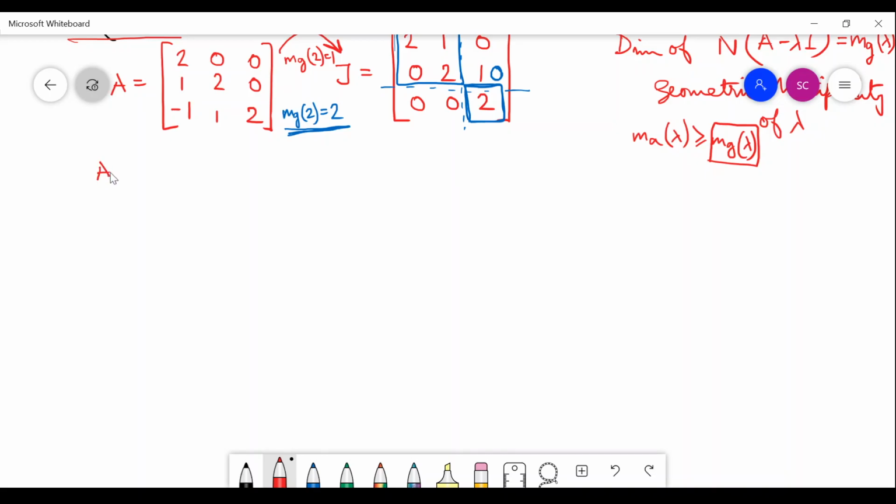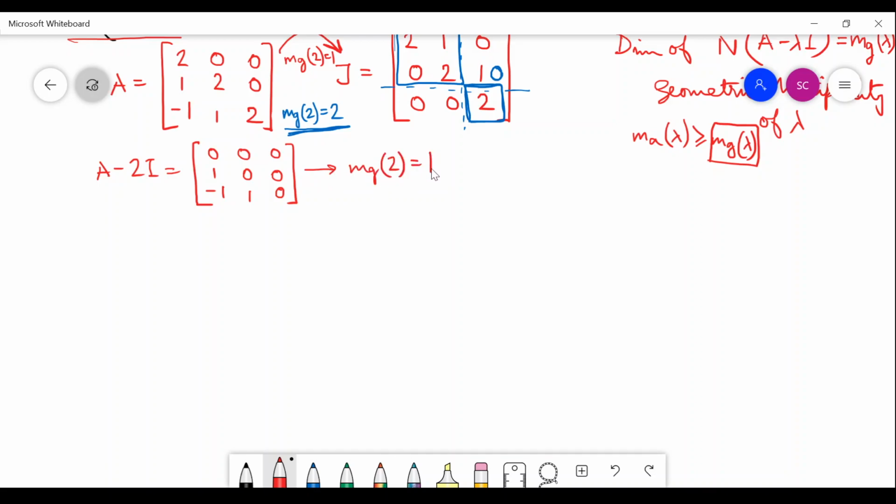So A minus 2I, first you have to construct, and that is very easy to do. This is simply this one, 0 0 1 0 0 0. Already you have a 0 column, and looking at the other columns you can understand that there is no possibility that you can actually get another 0 column. So it is very obvious now, looking at this matrix, that